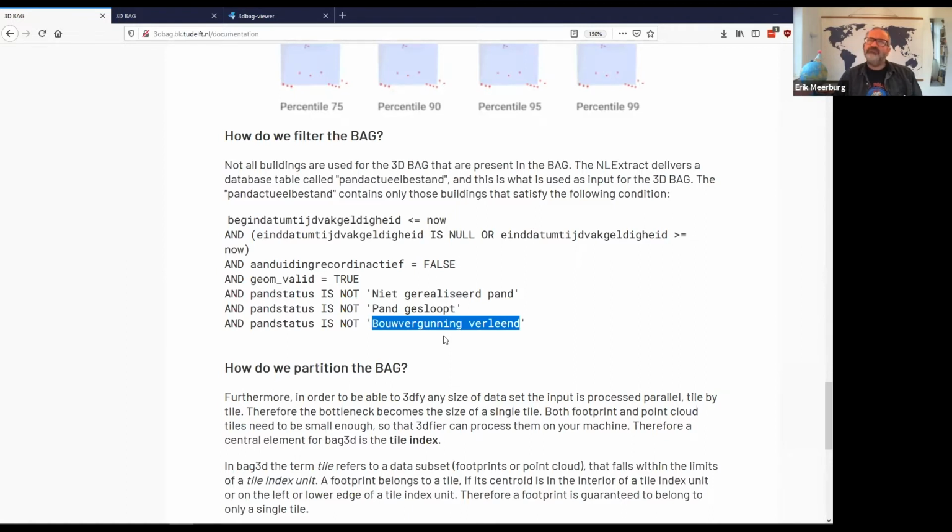Pand gereed? I'm not sure. Pand in gebruik, in use, building in use. And that could be building in use, but we didn't survey it yet. Or it is building in use, and that means that the geometry is correct as well. Then the next one is